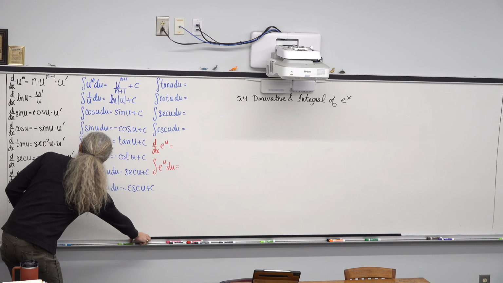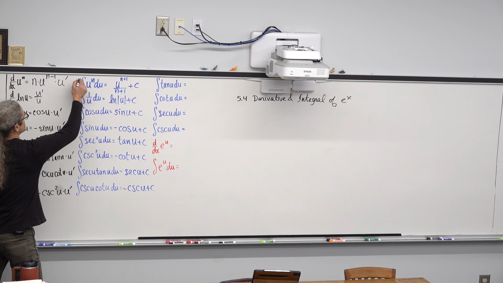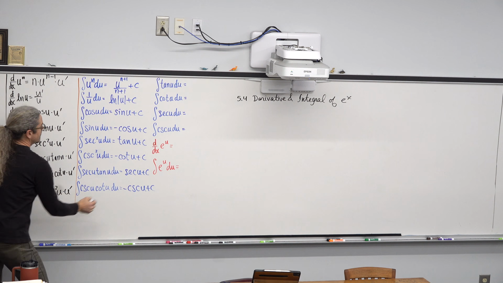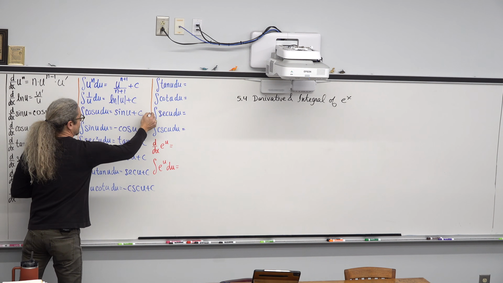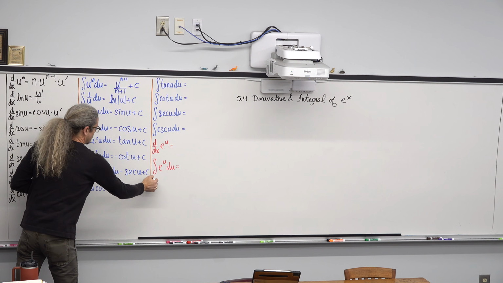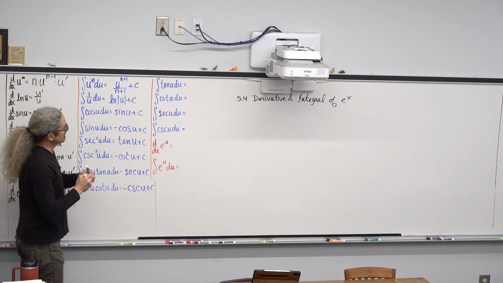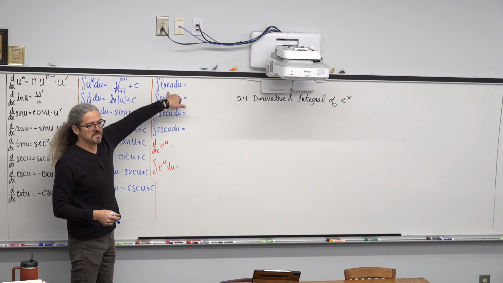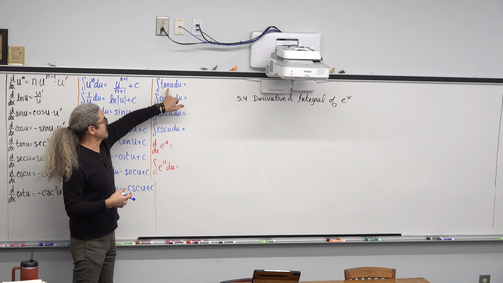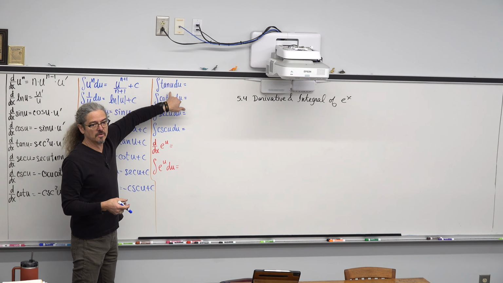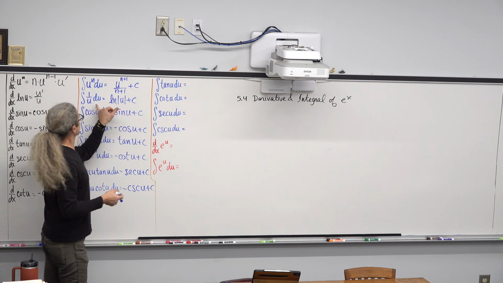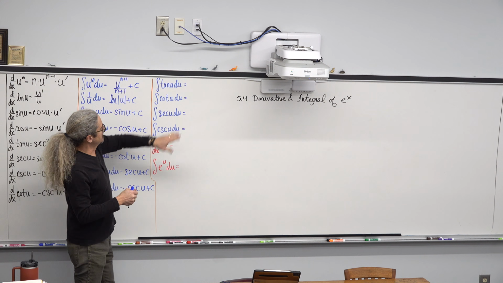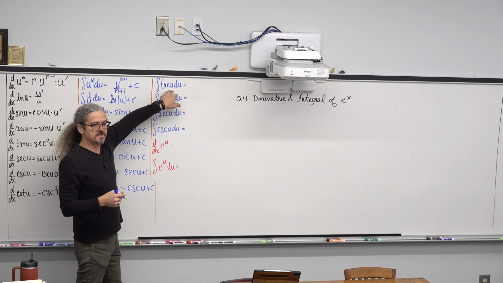Okay, our last column here is, as I was writing this out, I put the red ones as the new ones, the derivative and integral of e to the x. But as I already admitted, I forgot to give you in 5.2 the integral of tangent of u du. This integration rule is very easy to derive if you see the tangent of u as sine of u over cosine of u, and then go back to your integral of u prime over u. But we're just writing the answer basically. So what is the integral of tangent of u?